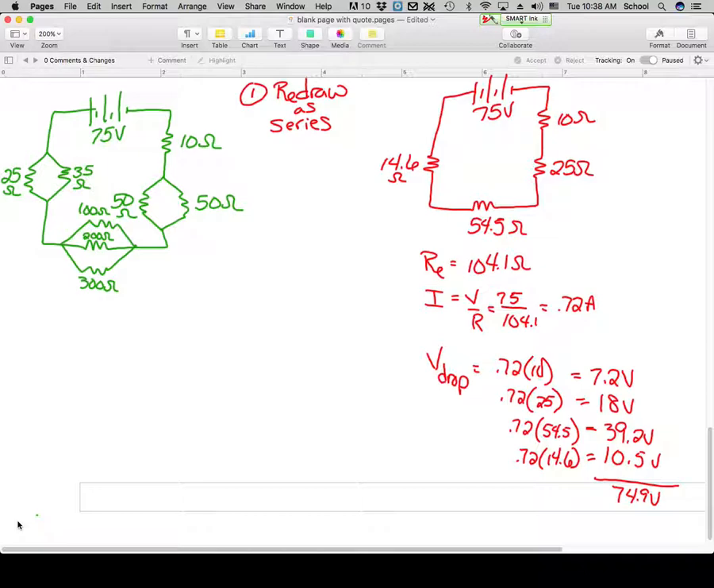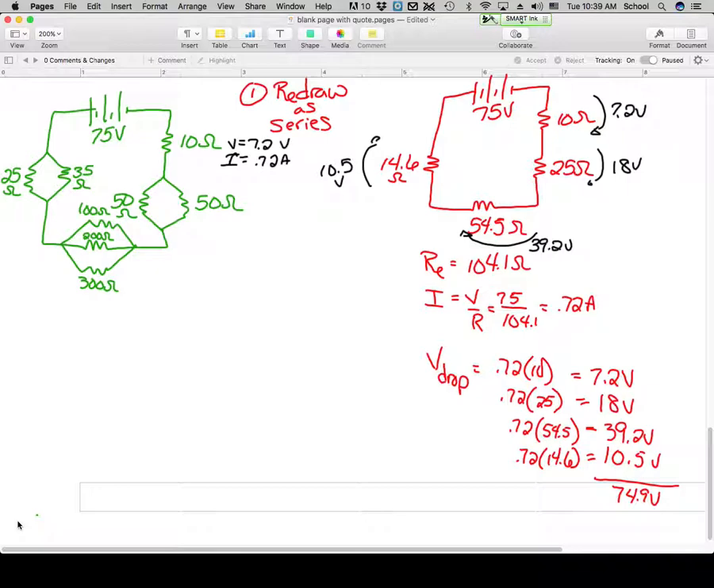Now, that means across this section we lost 7.2 volts across this resistor, 18 volts across this resistor, 39.2, and across this resistor we lost 10.5 volts. But only one of those resistors actually exists, the 10. When we go back to the original, this 10 ohm resistor had a voltage drop of 7.2 and a current going through it of